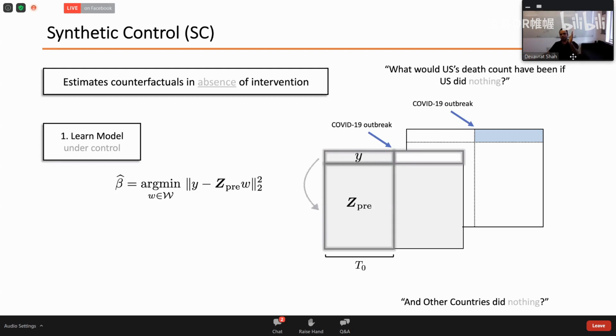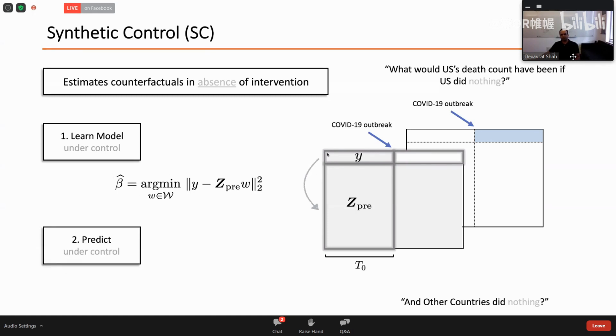So again, remember that columns here are time instances, let's say days. Y, which is the target of interest, is the health outcome observations in United States reported daily. The Z, think of them as features. Basically, each column is an observation on a given day across different countries, pre-intervention. So as we look at this part, really these are my features and these are my labels, and I'm trying to learn some linear relationship between them. This is my, let's say, linear model.